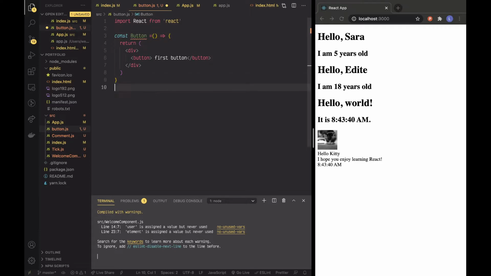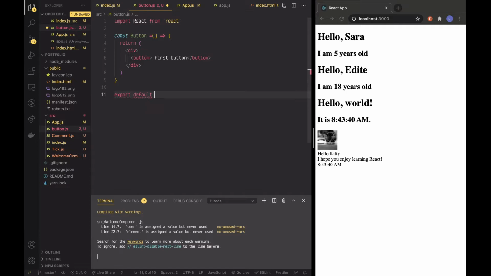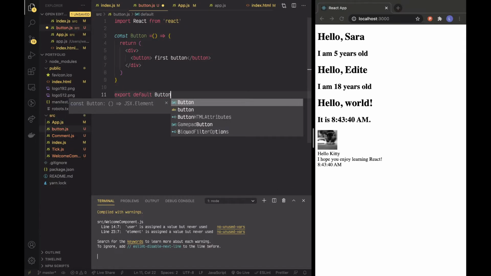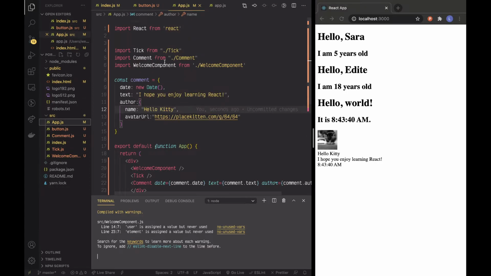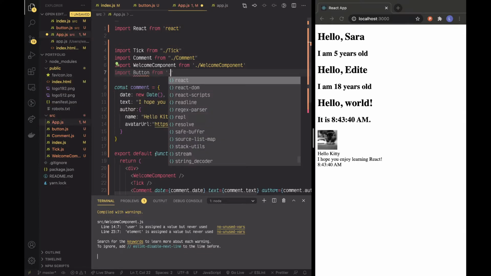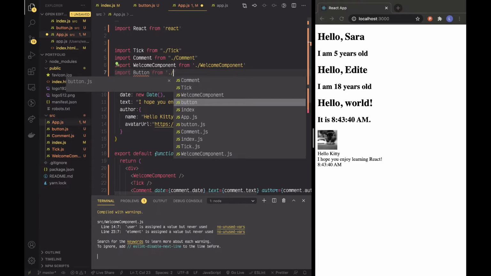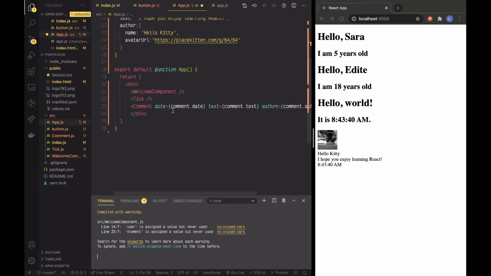So we are going to export this since we're going to put it on our app file. So we can now save that. All right, looking good here. Let's go ahead over here, and we're going to go ahead and import button from button. Awesome. And down here at the bottom of the comment,